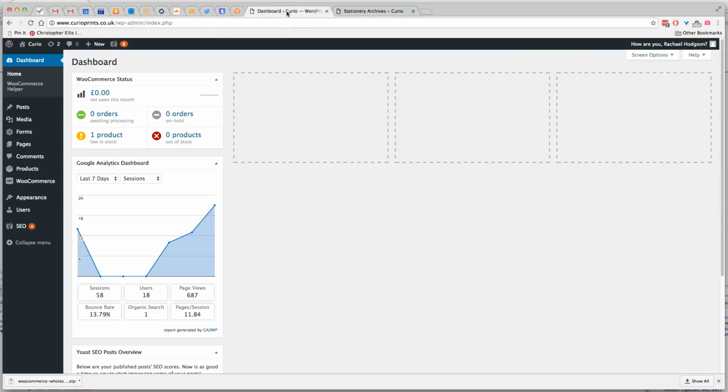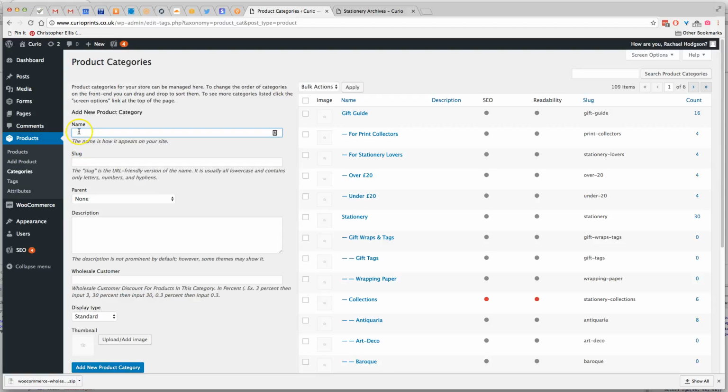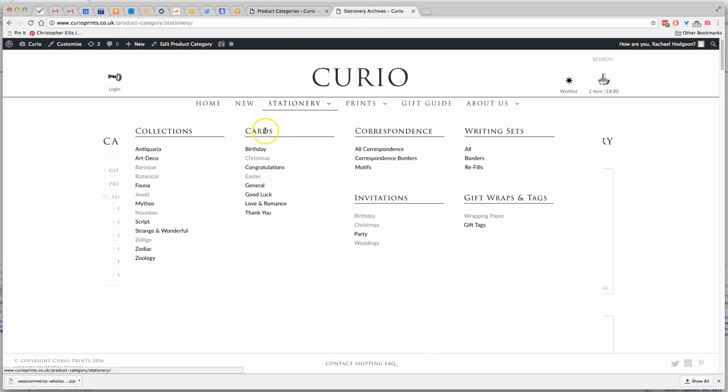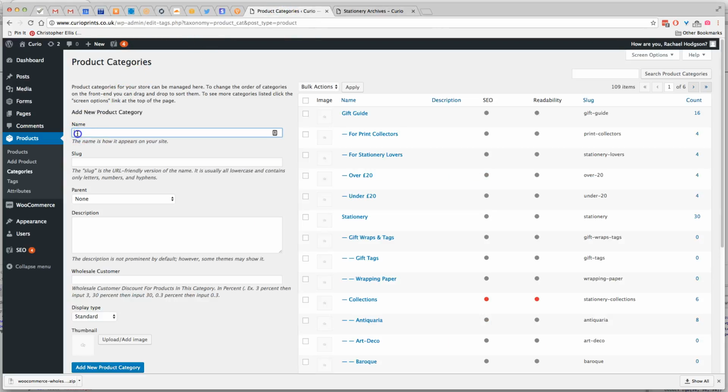So if we're adding a new product or a new range of products, we may wish to add a category. So if we go to Products, Categories, and then what we're going to do for the purposes of demonstration, we're going to add a new product category under cards here called Test. So let's call it Test,